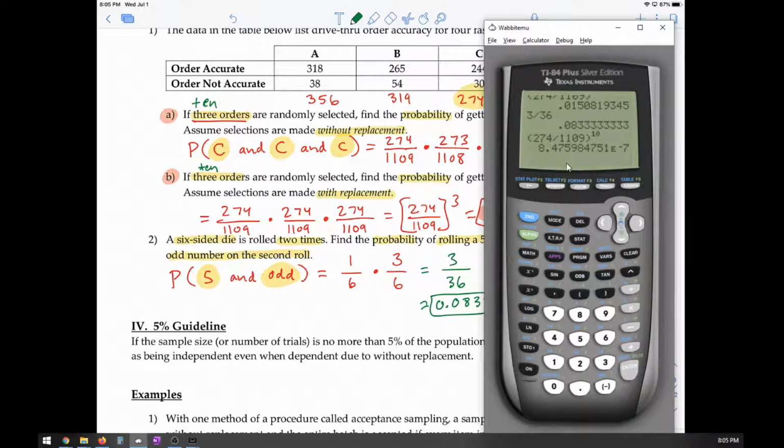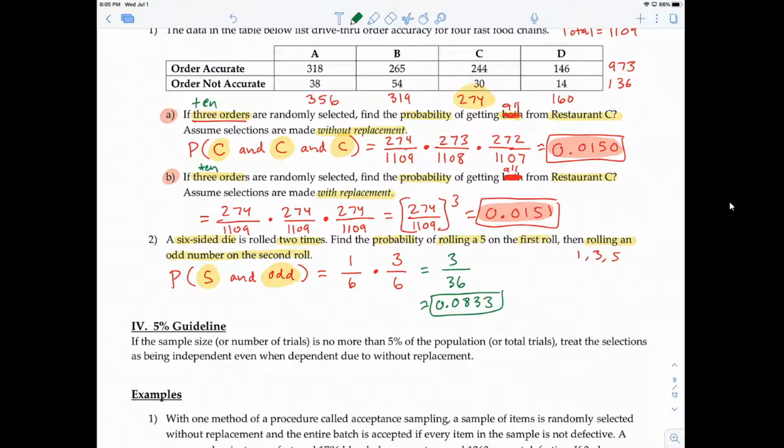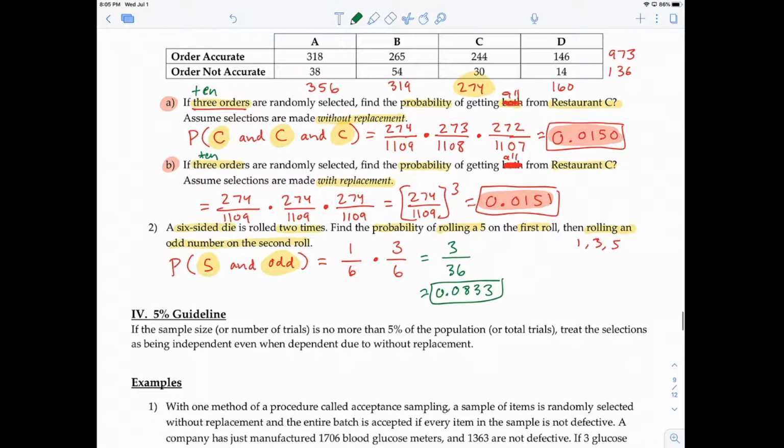And your answers would be very, very similar. It would be exactly the same if you rounded to 4 decimal places. Again, this e to the negative 7 tells me I'm going to move it 4 times to the left, which means if I round to 4 decimal places, it's essentially 0.0000. So because of that, we have this rule called the 5% guideline, because we recognize that the